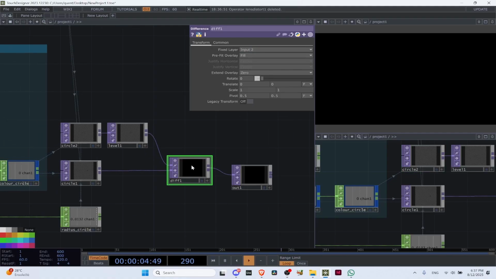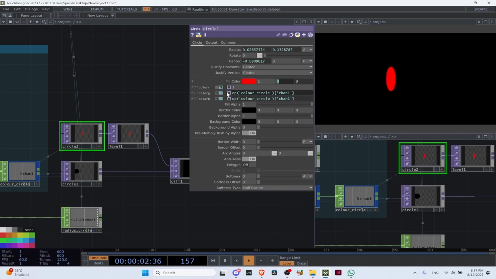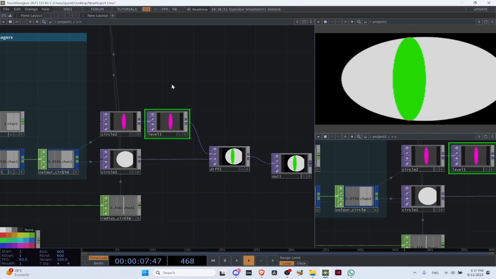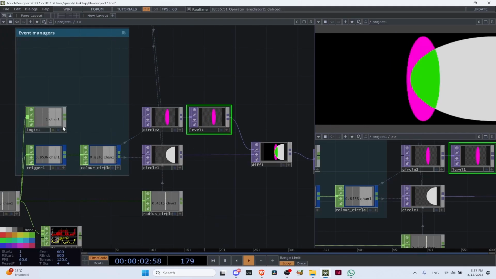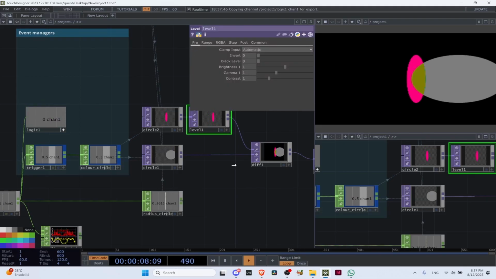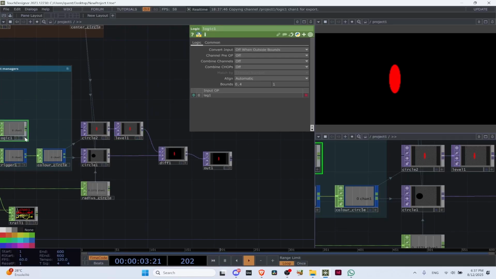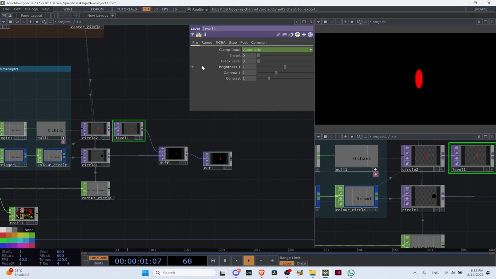Just for you to have a quick demonstration. So here, maybe I just want this circle to pop out every time my voice reaches a certain point. So here I will take my logic, and I will take my level here, and I will put a null after, and in the post,